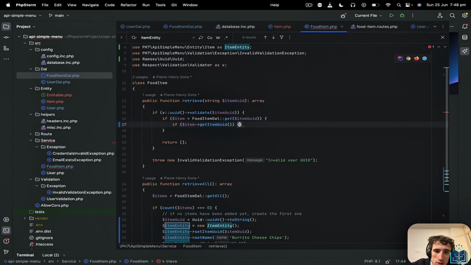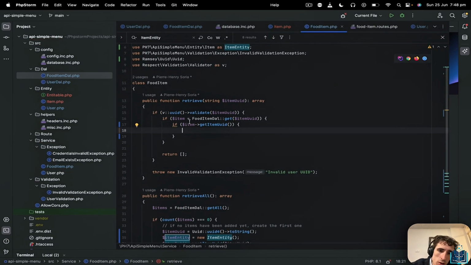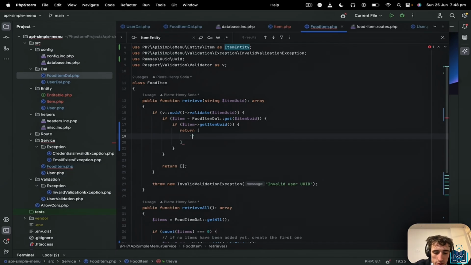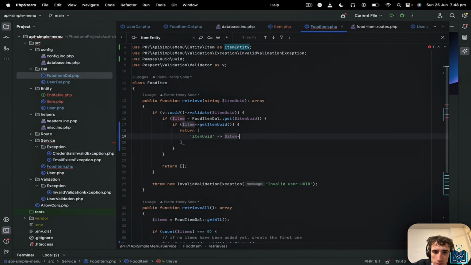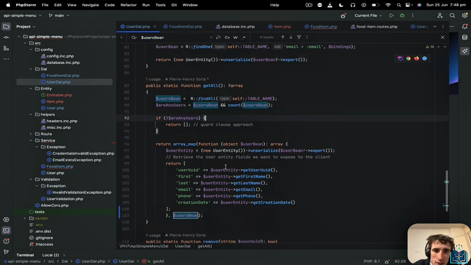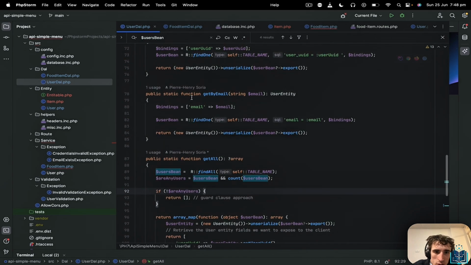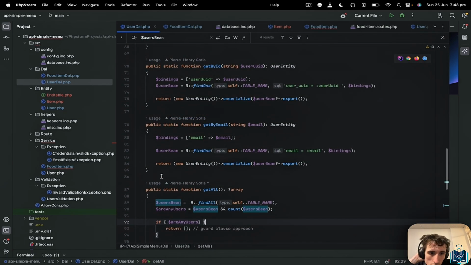And if it does, we will return an array with item UUID, and here it will be item get UUID, exactly the same as what we did for the user too, if you